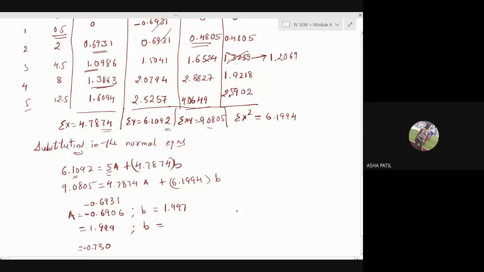I'll write it once again here. A is equal to minus 0.69. Then correspondingly, what's the value of B? 1.999. Okay. Somebody told B as 1.990. Don't get confused. Which value? Now tell me the value of small a. B is just 2, ma'am. Okay, it's almost 2 only. 1.999 means you can take it as 2, no problem.